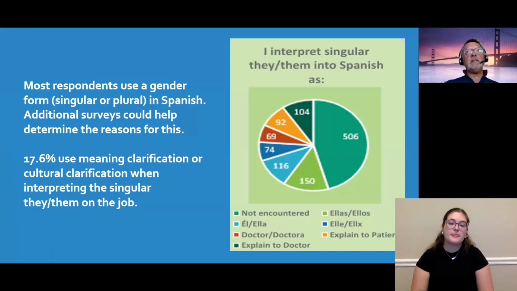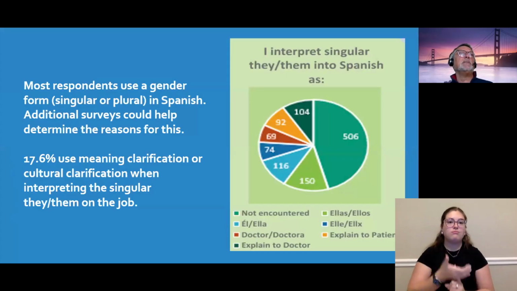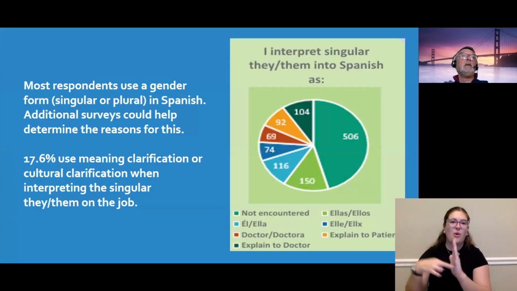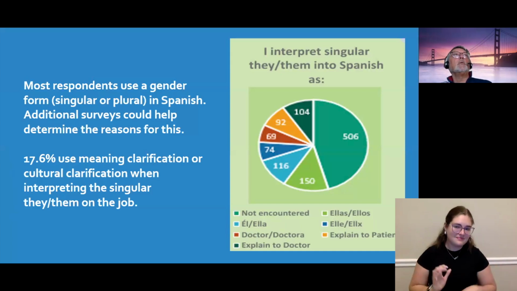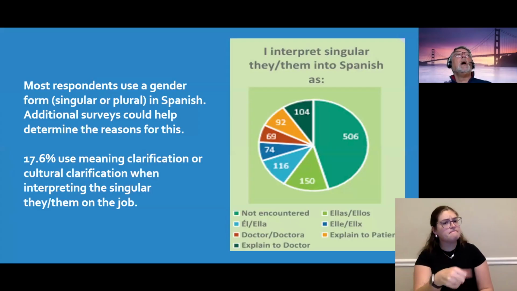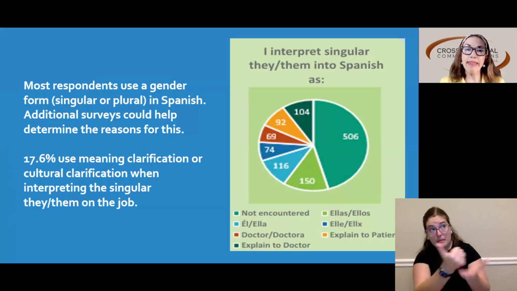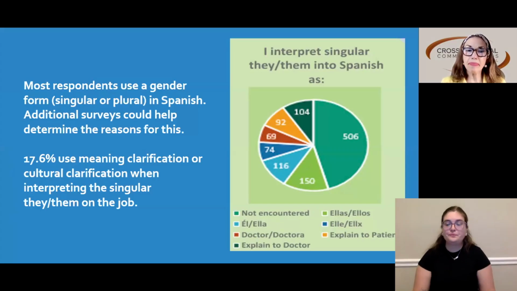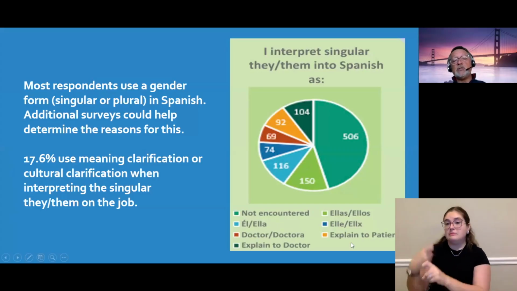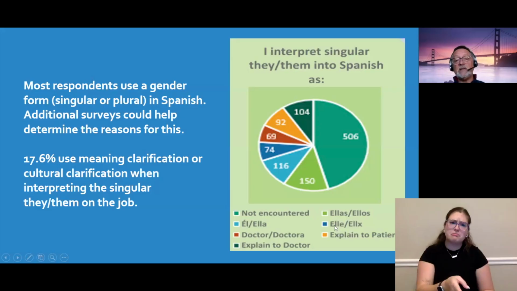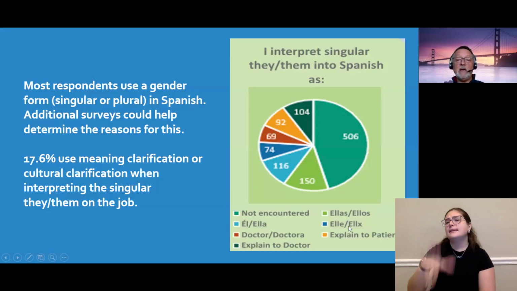I would tend to agree personally. I think that as an interpreter, I don't like to step out of my lane. I don't like to take on responsibilities that I feel are not mine. So in a case like this, yes, I would prefer to punt it back to the speaker and explain the dilemma and let them help me decide what to do. Going from Spanish to English, I think it's a little more straightforward. If we have a patient that says, oh, my pronouns are ella or